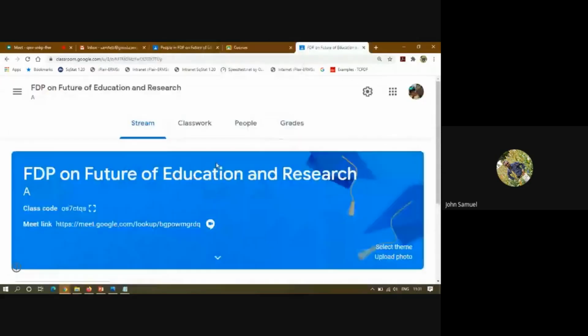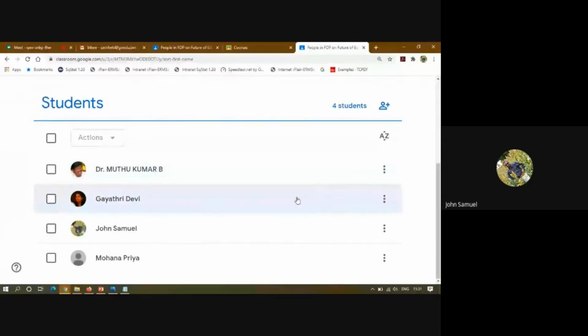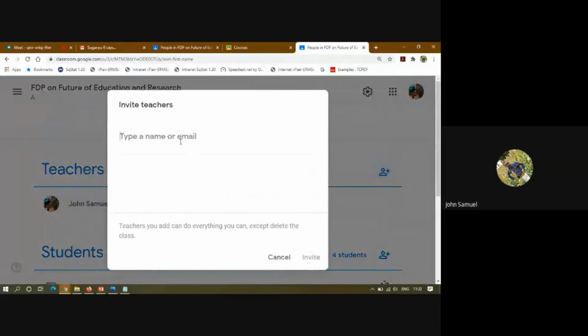In the teacher's classroom, I am getting into People. Here I can invite, and I can see all the people. Under teachers, I can even invite co-teachers also. So here I am inviting my co-teacher, and here I can invite a student also.